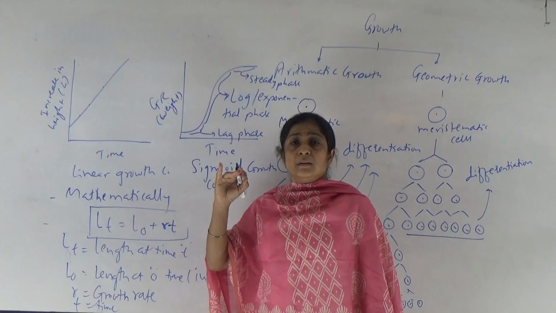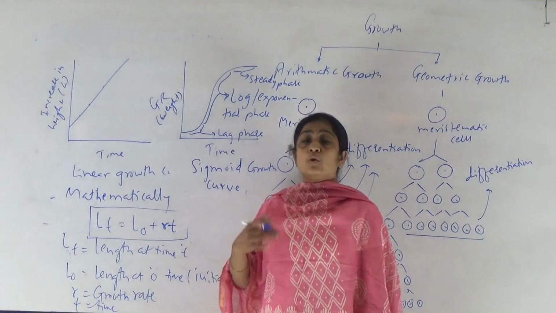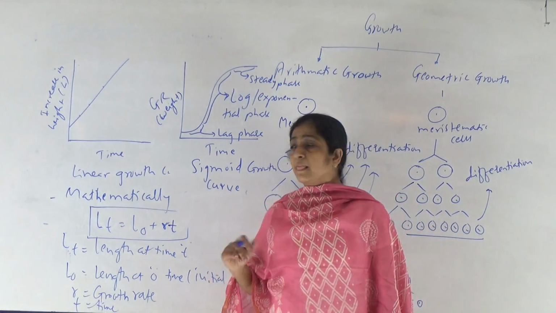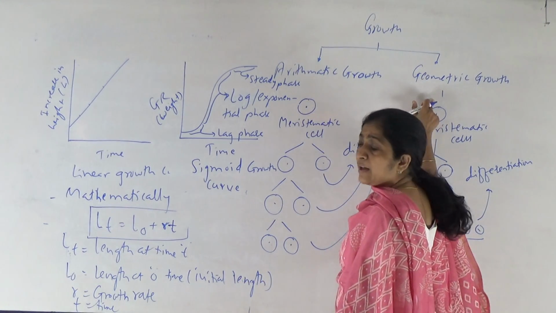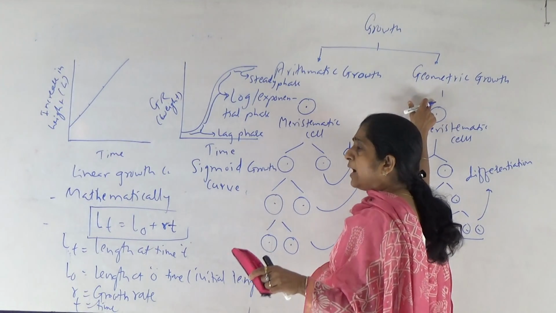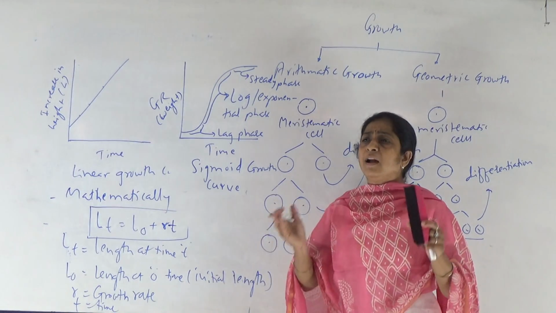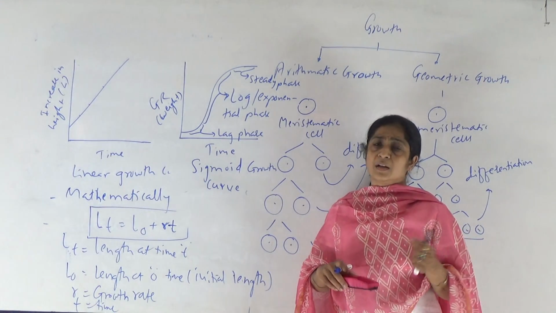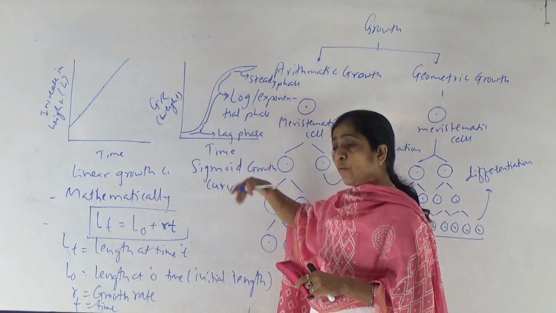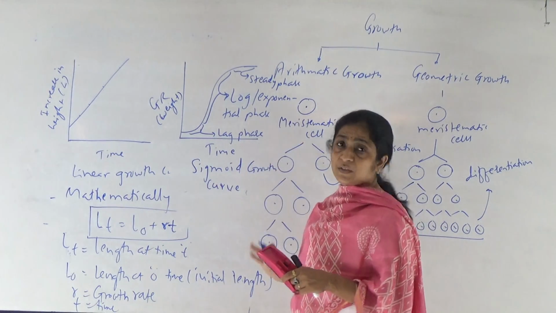Example, growth of root in plants generally shows arithmetic growth. But growth of other plant parts, for example leaves, buds, flowers, may show geometric growth, where the cells repeatedly divide and form many daughter cells, and suddenly a major part of the daughter cells will go for differentiation and very few daughter cells may continue the cell division. In that case, the initial phase has slow growth, where the number of daughter cells may increase, but much increase in the length, height, weight, etc. is not observed.